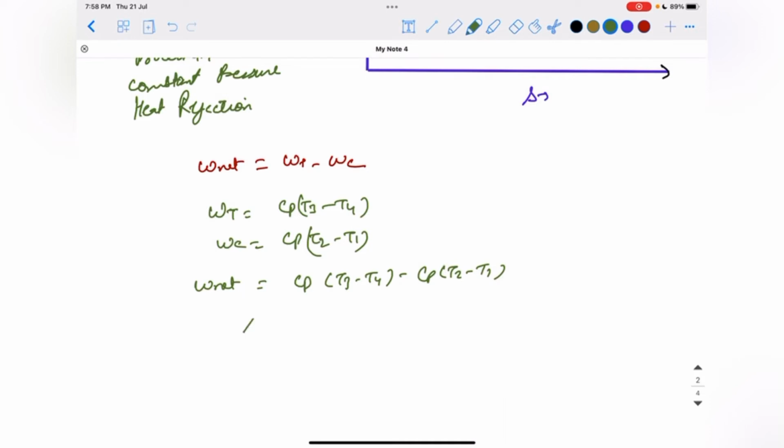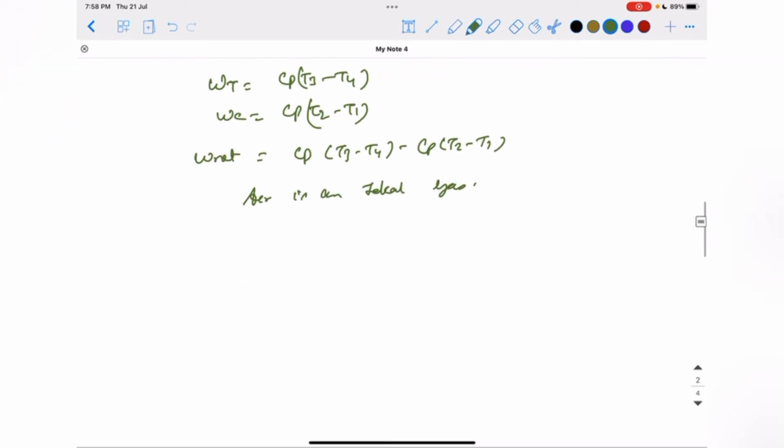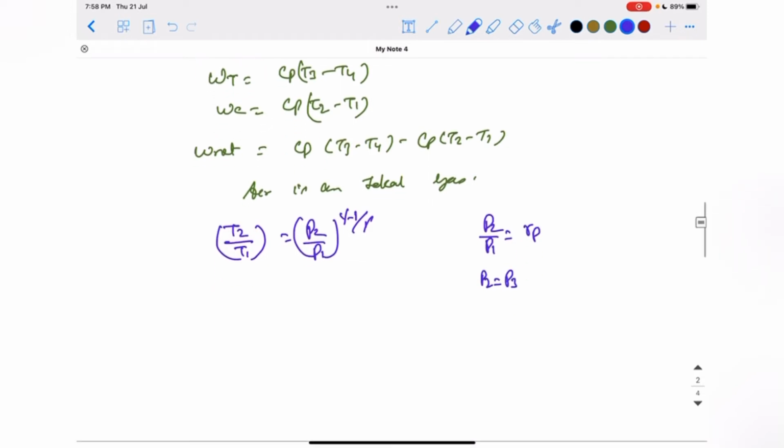Now since air is an ideal gas, I can write T2 by T1 is equal to (P2 by P1) to the power (gamma minus 1) by gamma. Here P2 by P1 is the pressure ratio Rp. Since P2 is equal to P3 and P1 is equal to P4, P3 by P4 is also Rp. Similarly, I can write T3 by T4